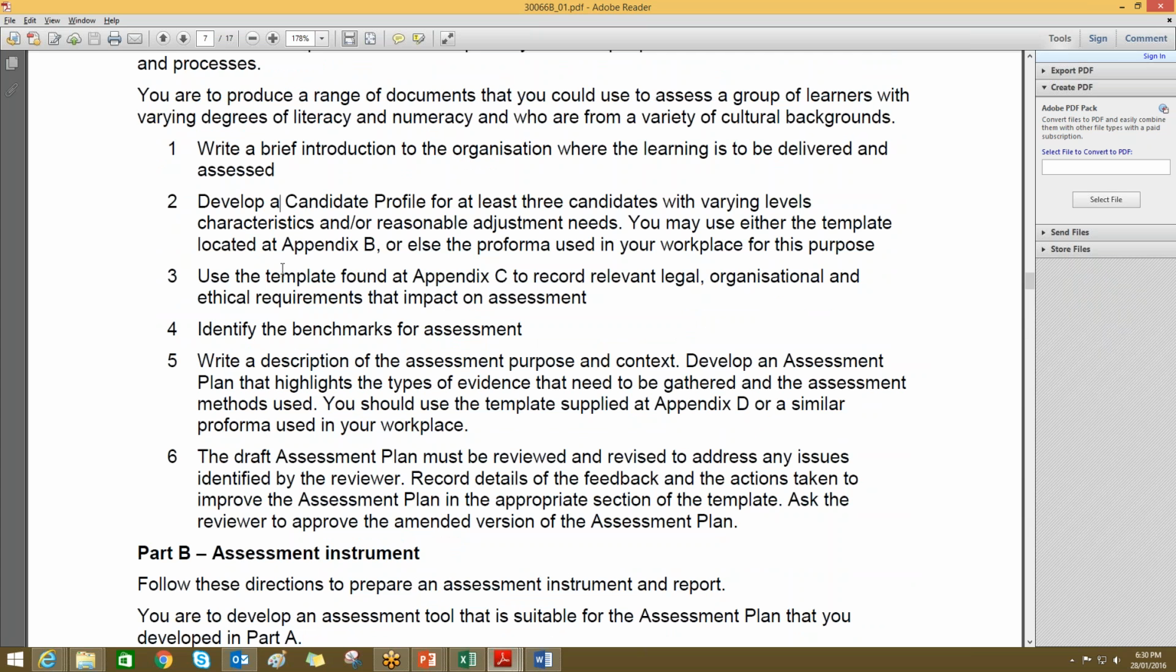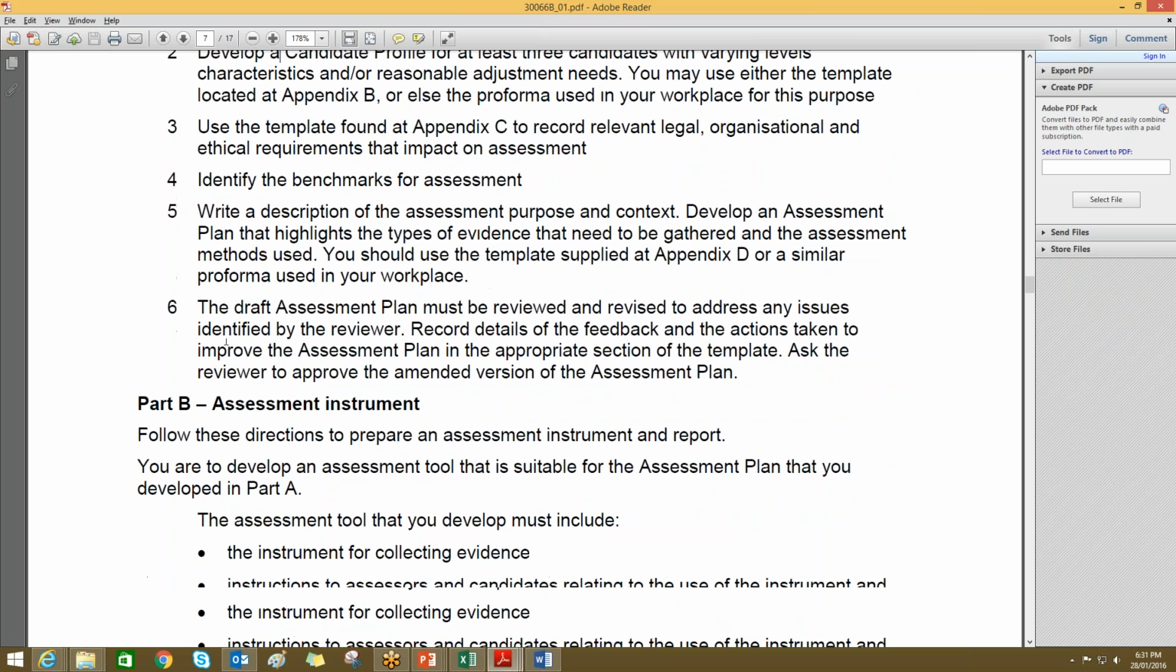3066B. 30066B01 first section is all about candidate profile, framework of assessment, and assessment plan. Draft assessment plan, evidence of feedback on draft assessment plan, either handwritten or electronic, and final assessment plan. That's part 1. Now, part B,